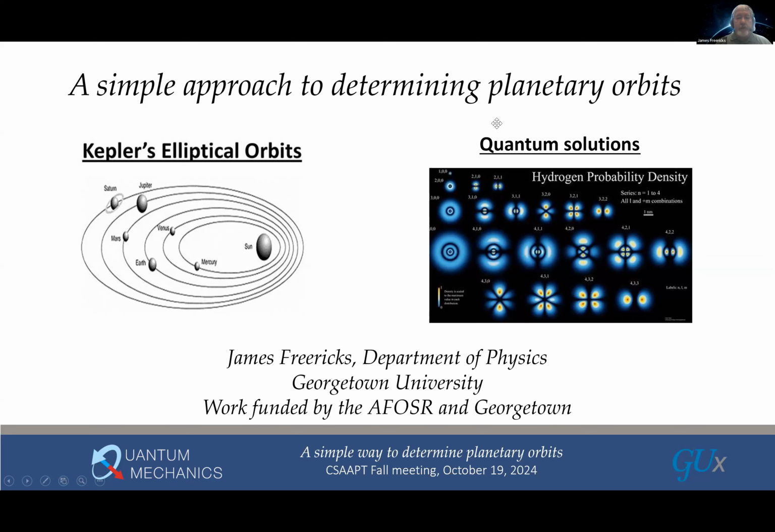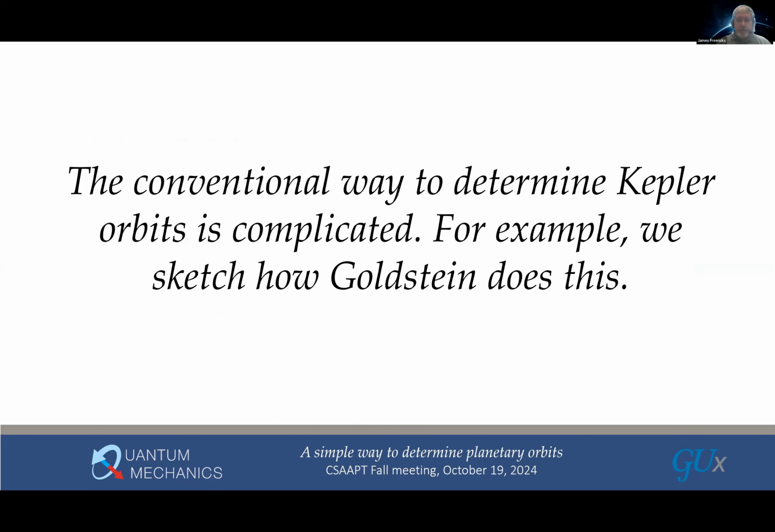Today I'm going to talk about a much simpler way of determining planetary orbits in classical mechanics, and also about a very surprising connection between classical and quantum mechanics. The conventional way to determine Kepler orbits is quite complicated, and I'm going to summarize how Goldstein does this